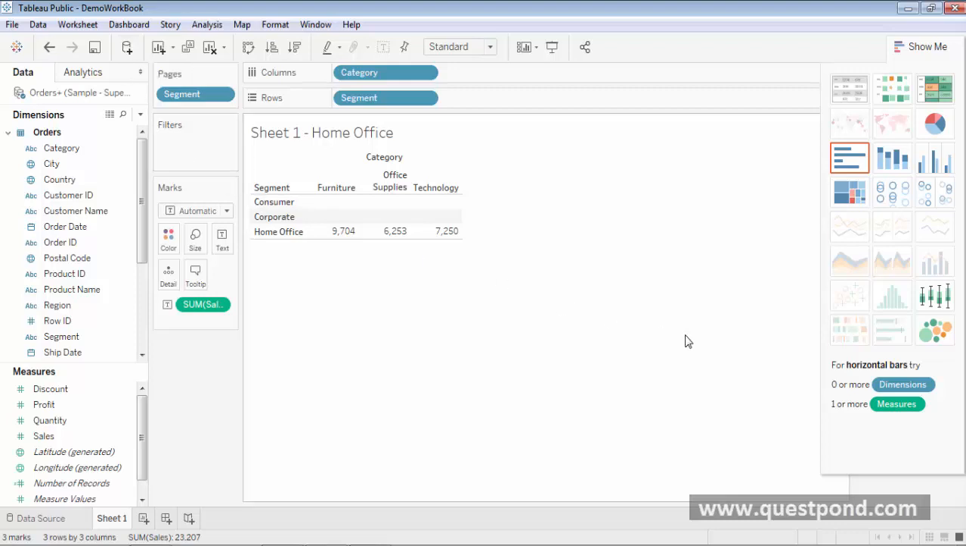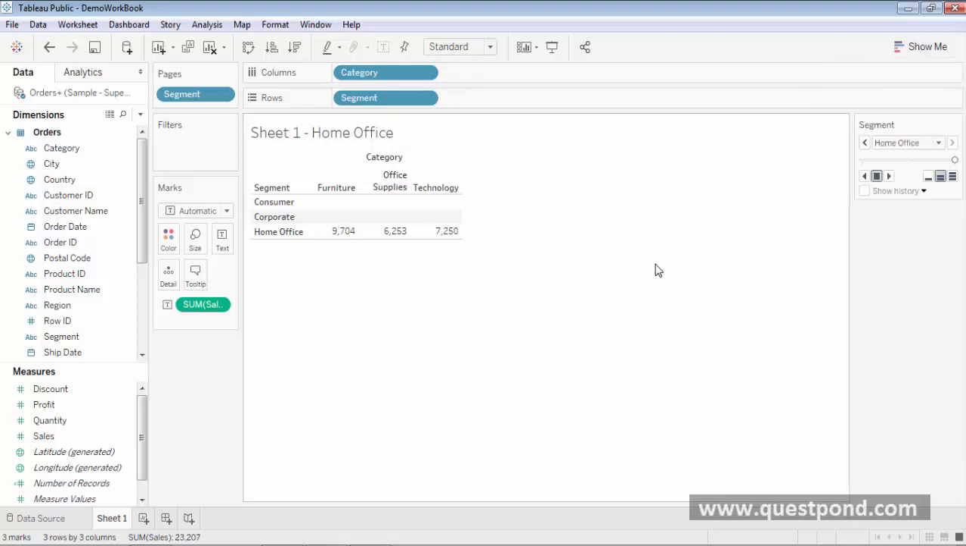And after that we discussed the different shelves and cards, that is the marks card, the filters card and the pages card, and how these cards help in making our report better. We saw different tools used in the marks card. We also saw how the filters are used, what the use of the pages card is, and how they affect our report. So in this way we learned a lot of things from this video,